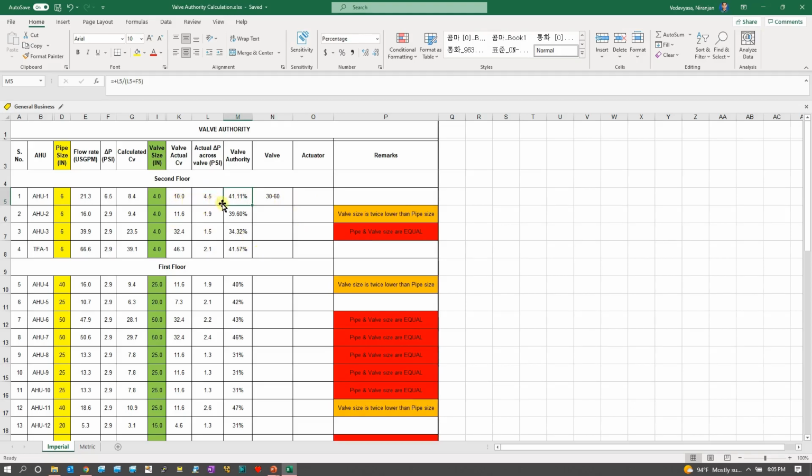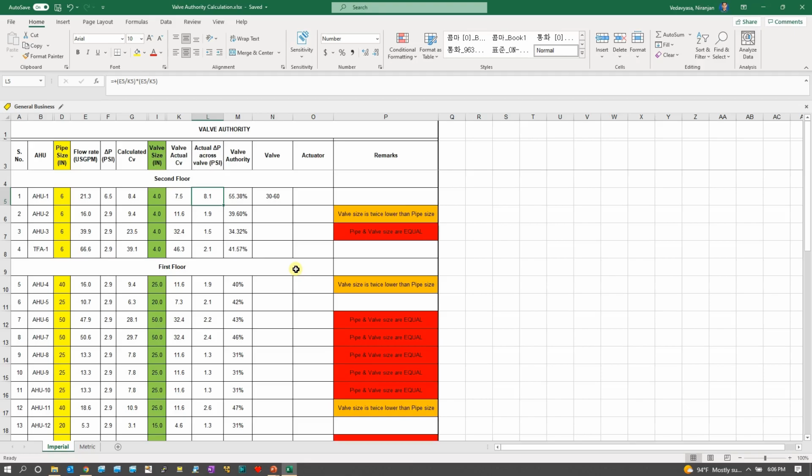Let's say 10, if your pressure drop is, you're saying 6.5 is what's specified and 4.5 is way too low, go for a 7.5 CV valve and see how much valve authority you get. 55, which is on a higher side of 30 to 60, which you can use. The pressure drop is more or less nearer to 6.5 rather than 4.5. And this is how you select a valve,